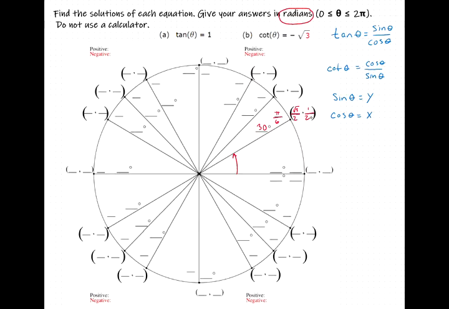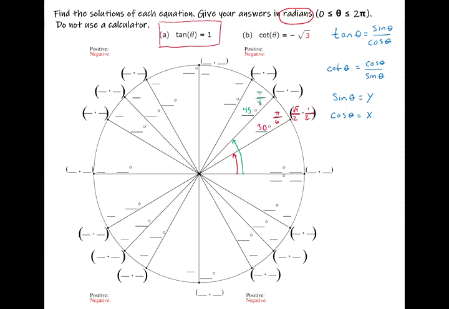Okay, so let's start with this one. When is the tangent equal to 1? Well, for the tangent to equal 1, that means the sine over the cosine has to equal 1, and the only time a fraction is equal to 1 is when the numerator is equal to the denominator. And so if we look at an angle of pi over 4, or 45 degrees,